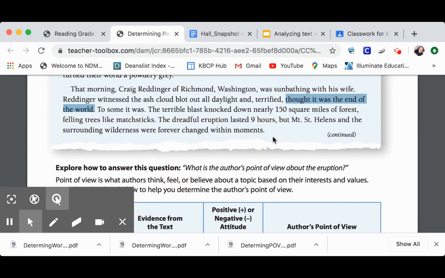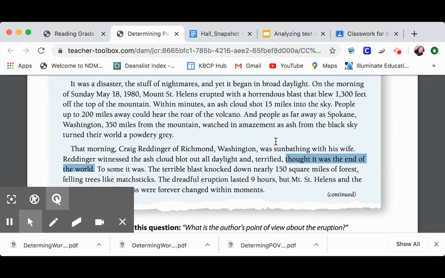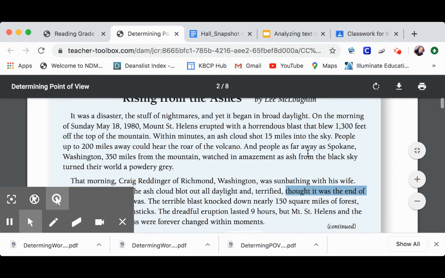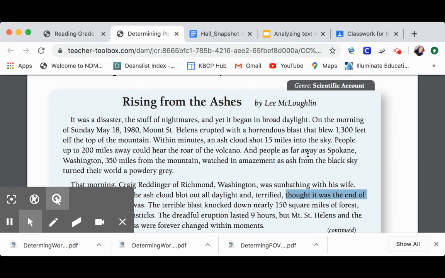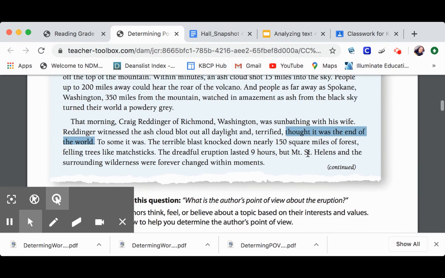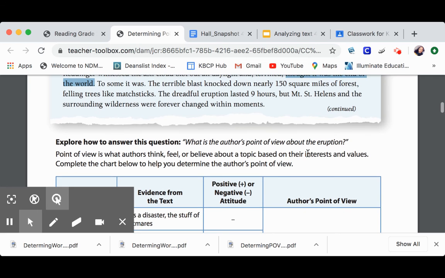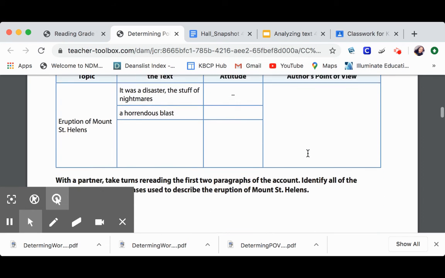Because it was 9 hours long. It talks about how the volcano actually erupted. I hope that makes sense, because I just said a lot in one. Okay,